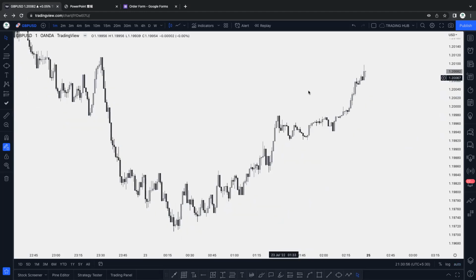Okay, then the market goes higher and lower. Without inducement, without liquidity, there is no chance for the market to push higher or lower. If you are anticipating the market takes out the higher time frame liquidity and the lower time frame is not necessary, then you are wrong. The market needs liquidity on every time frame. If you are looking to buy on a lower time frame, then you have to follow the lower time frame